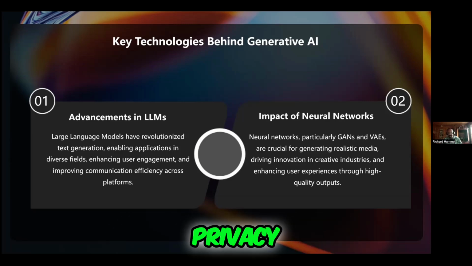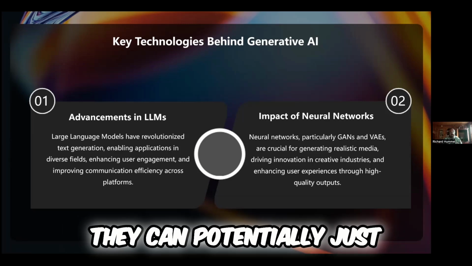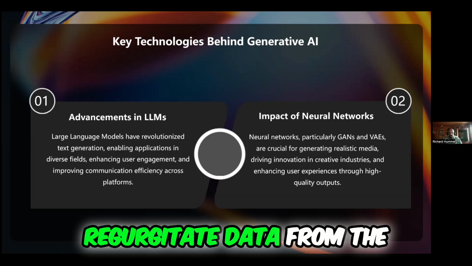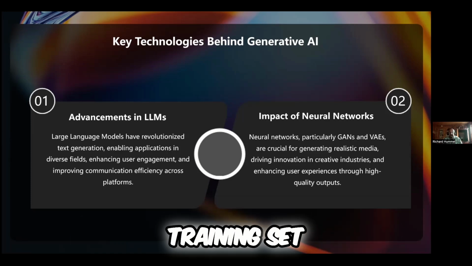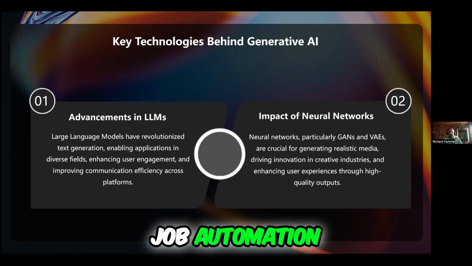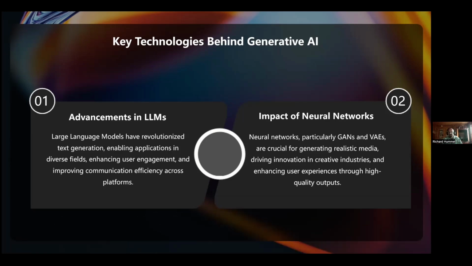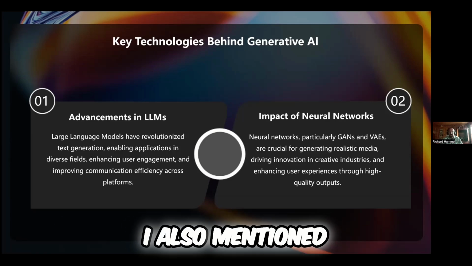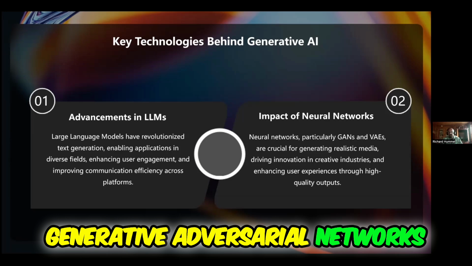And then, of course, privacy. They can potentially just regurgitate data from the training set. And then ethics, concerns over misinformation, job automation, and misuse. So I also mentioned generative adversarial networks,